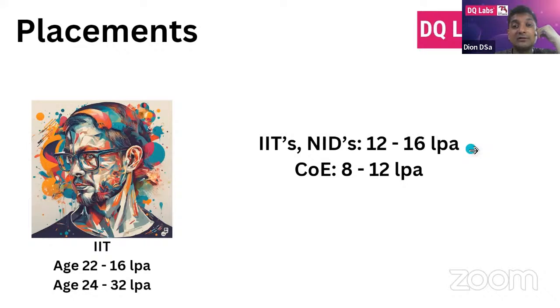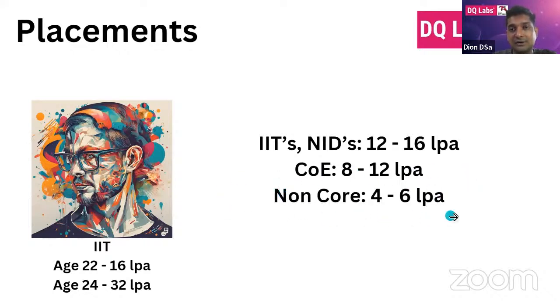Let's say you don't get into the IITs. Or sorry, not IITs or NITs. Let's say you get into a private school, but a center of excellence. We've had students from MIT Indore who got 36 lakhs, 30 lakhs, 25 lakhs, all those large numbers. But let's be a little more on the safer side and say the average is about 8 to 12 lakhs per annum, right?